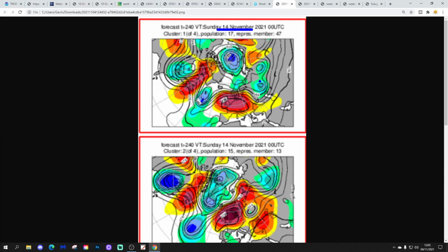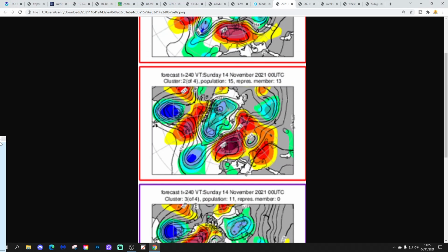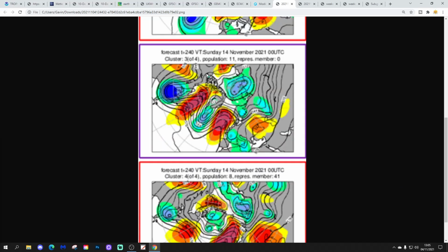So we have 17 members of the ECM ensembles at day 10, which of course is going to get us to the 14th of November, having high pressure right over top of the country, mainly dry and mild. With that, we have another 15 that have high pressure right in over top of the country as well, by the way. We have 11